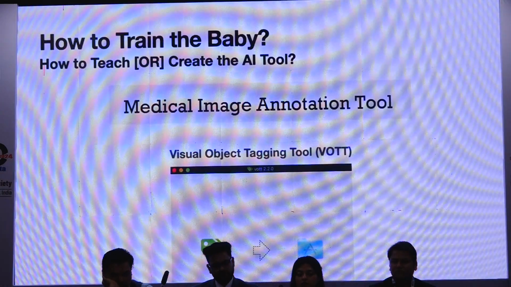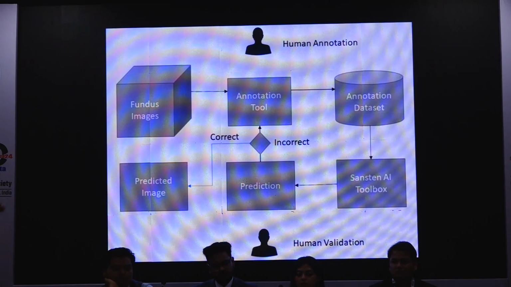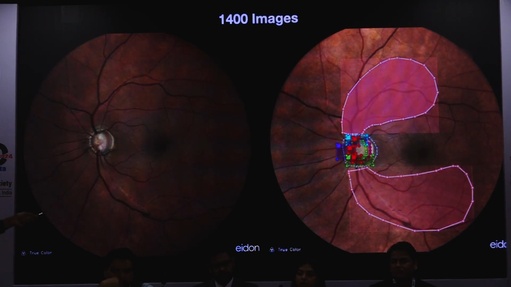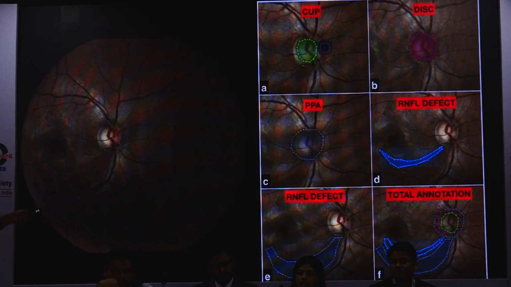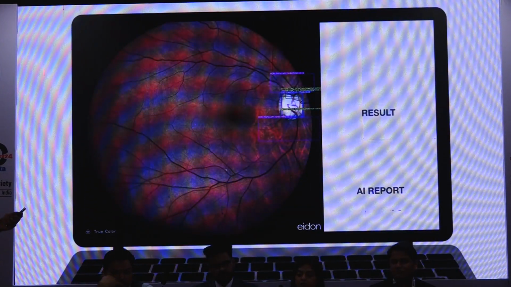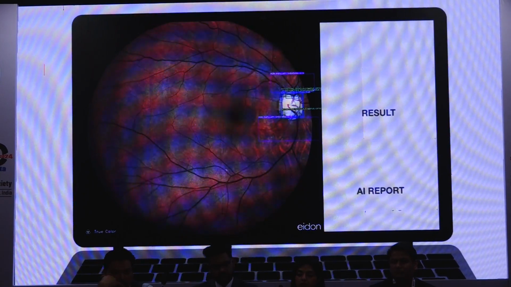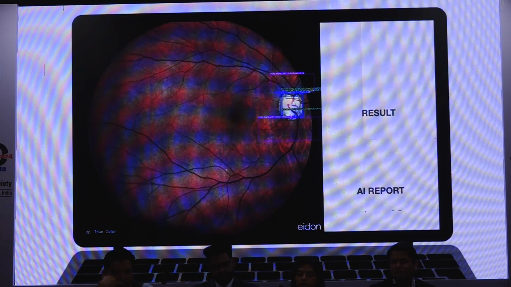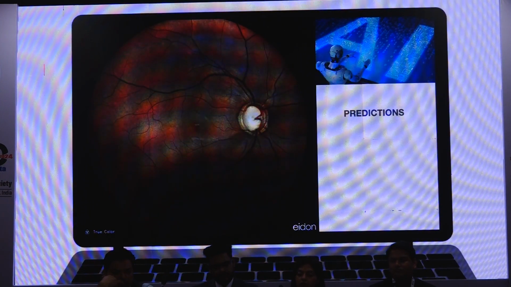I would advocate more of this, where there are two human interfaces. One is that the humans will teach it. The other is that the humans will always validate it, because at the end, in the court of law, it's the human signature that matters, and AI can't come and defend you. So we train the machines, and then the machine starts to learn with the AI algorithm, and then the predictions happen. Again there, the human will also have to validate it and put a signature. That is important. If it is wrong, then it has to go back to the module again.